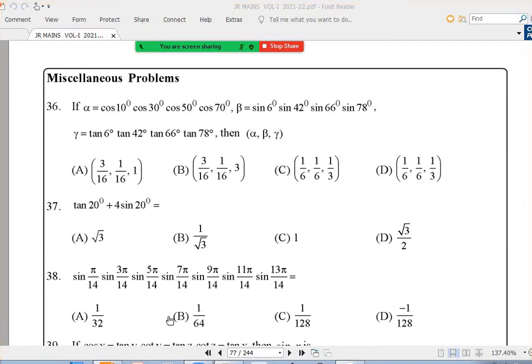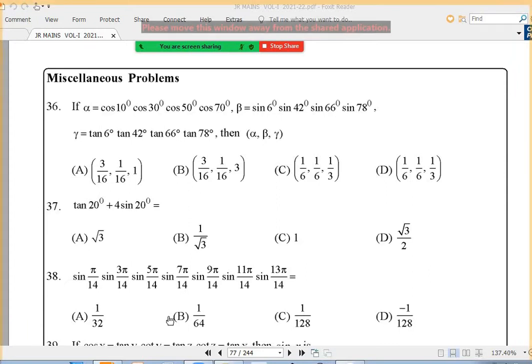Okay, so whenever you have a product of many things, cos angles or sine angles or tan angles or whatever it is, usually we have three methods I said. One of them you may use: cos theta into cos 2 theta into cos 4 theta into cos 8 theta, whenever every angle is double of the previous angle, we have a formula. If not, multiply with the smallest angle for sine, repeatedly use the sin 2 theta formula, and we'll be able to simplify. That is one thing I discussed earlier.